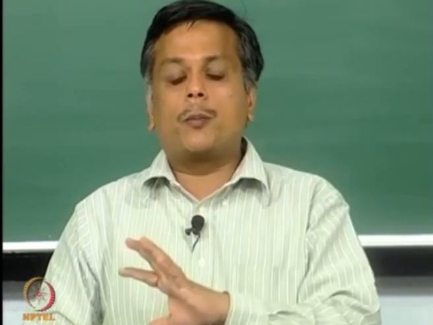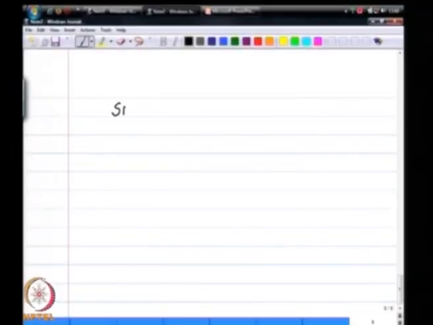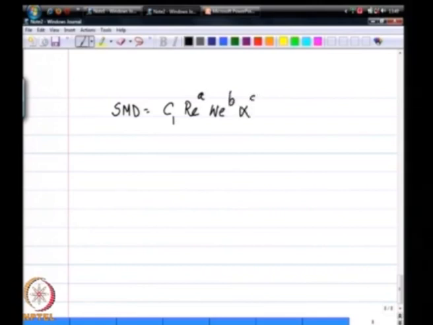The second approach is to purely go to an empirical correlation-based approach, where we relate the input parameters to the nozzle to the parameters of the performance of the nozzle, meaning SMD. So, SMD I can write down a correlation of the form SMD over D0